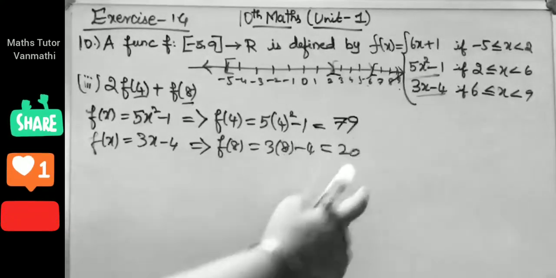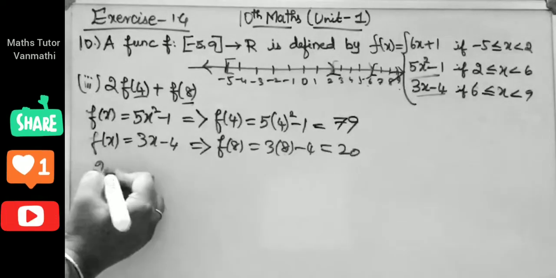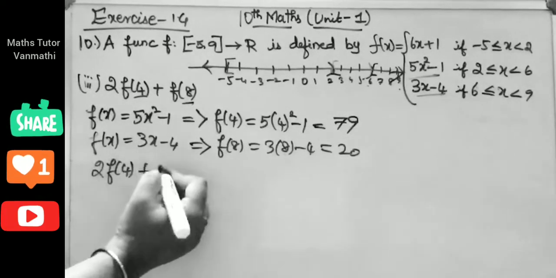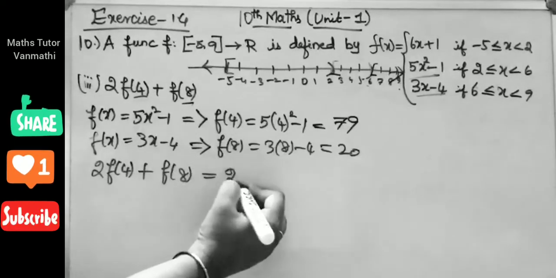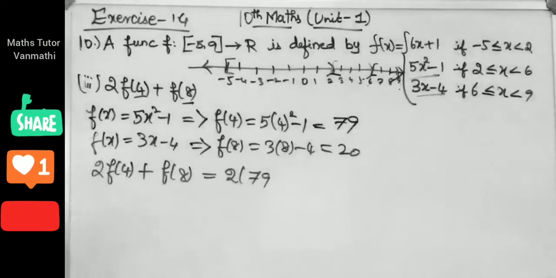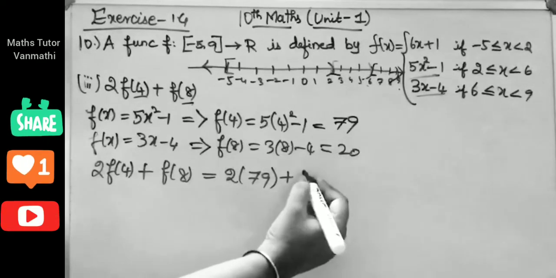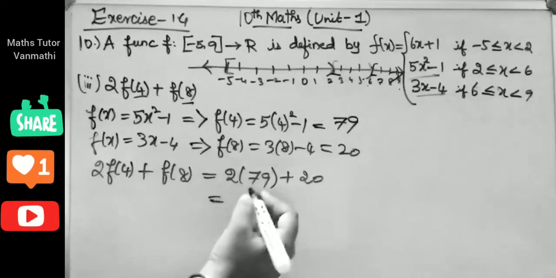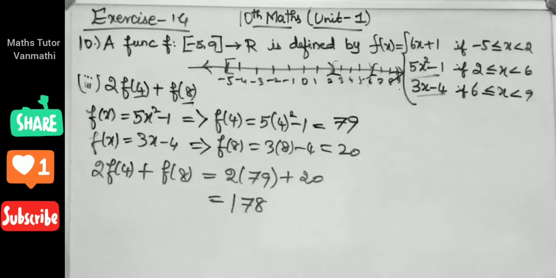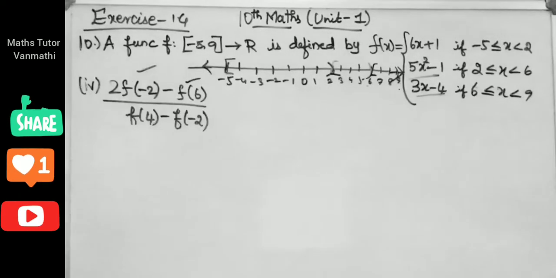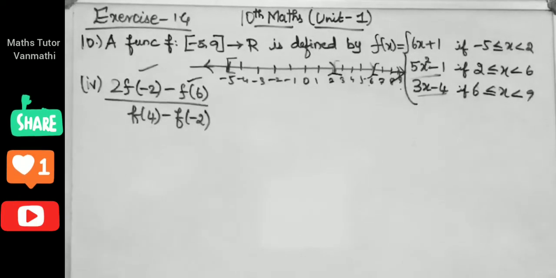So these two values we are going to substitute here. 2 times of f of 4 plus f of 8 equal to 2 into f of 4 is nothing but 79 and f of 8 is nothing but 20. Then you will substitute, you will get 178 is your answer. Clear? Next is your fourth subdivision. This is your fourth problem. We are going to find 2 into f of 2 minus f of 6 by f of 4 minus f